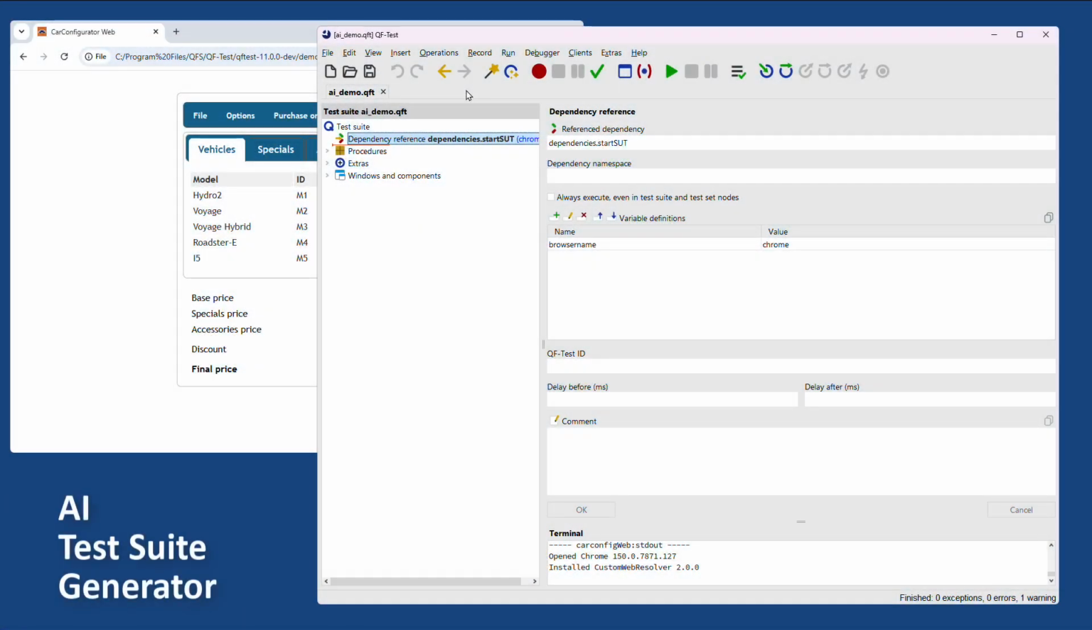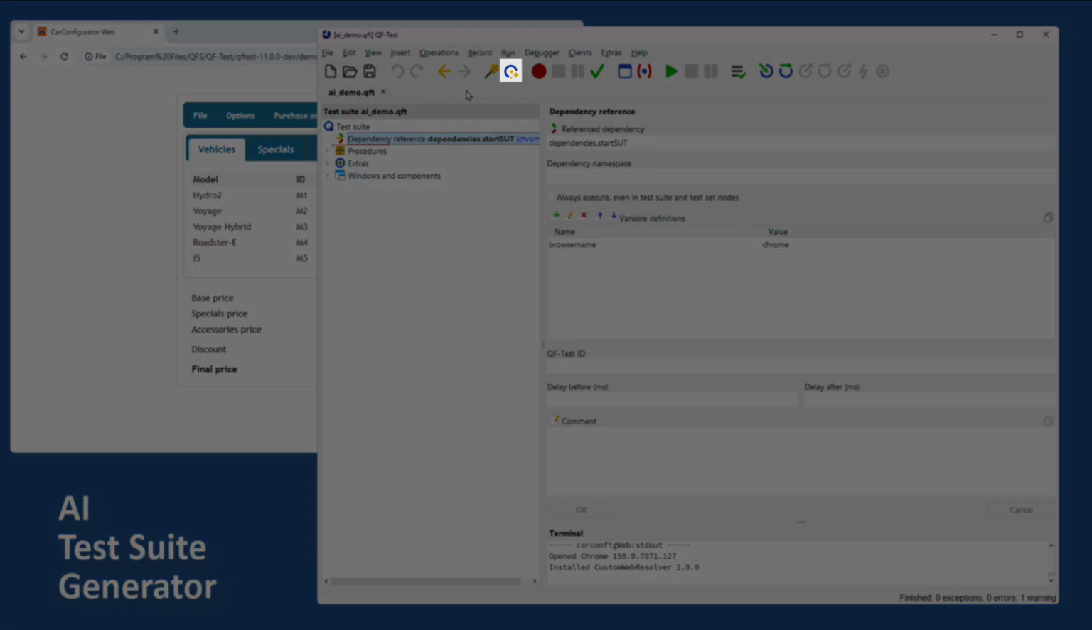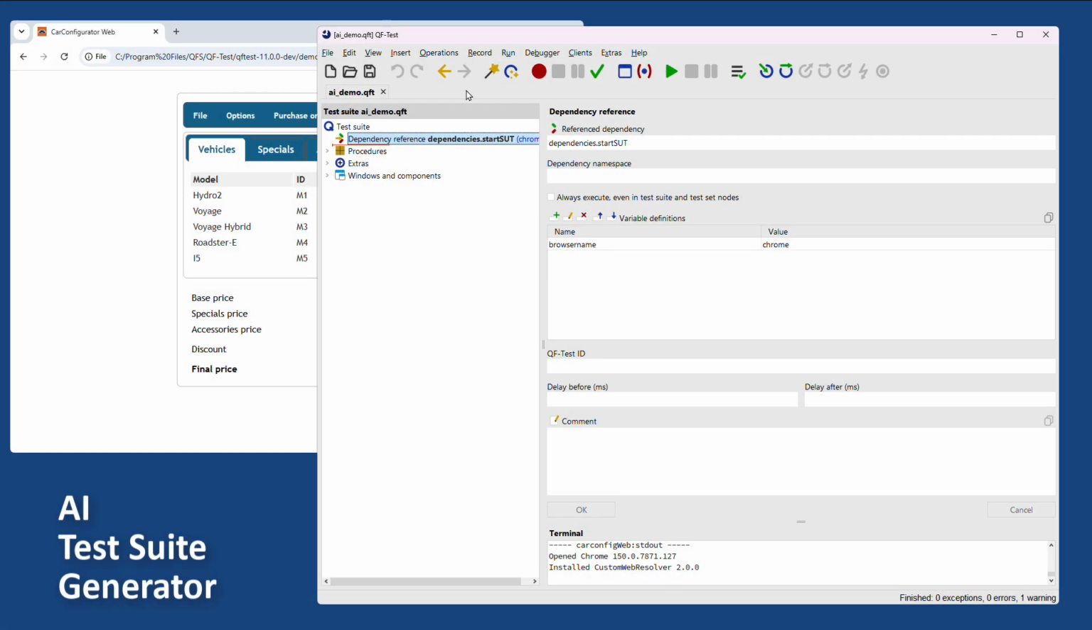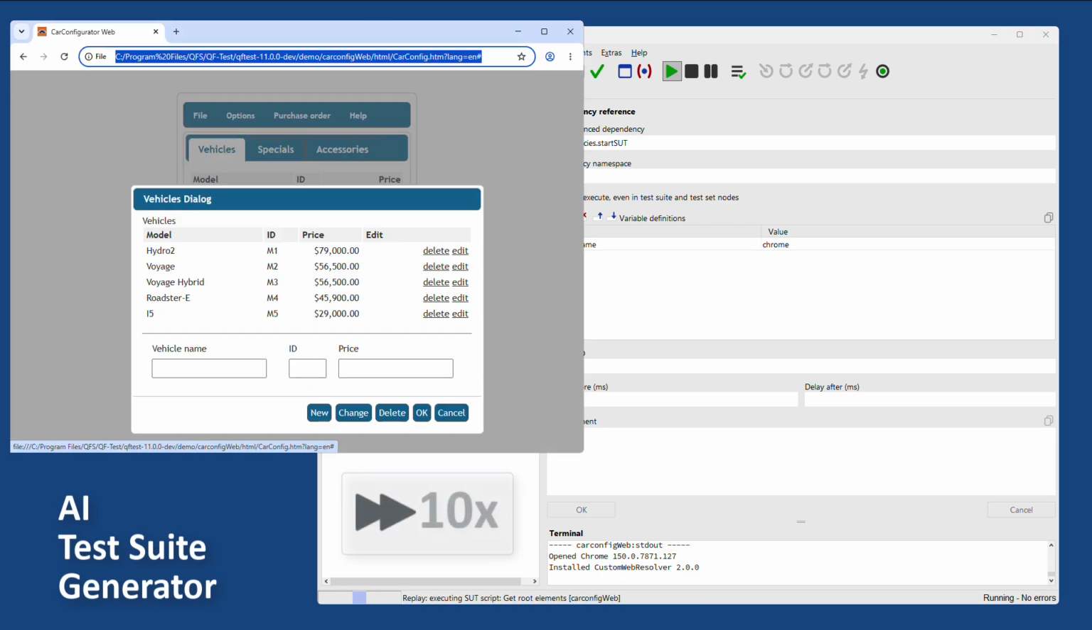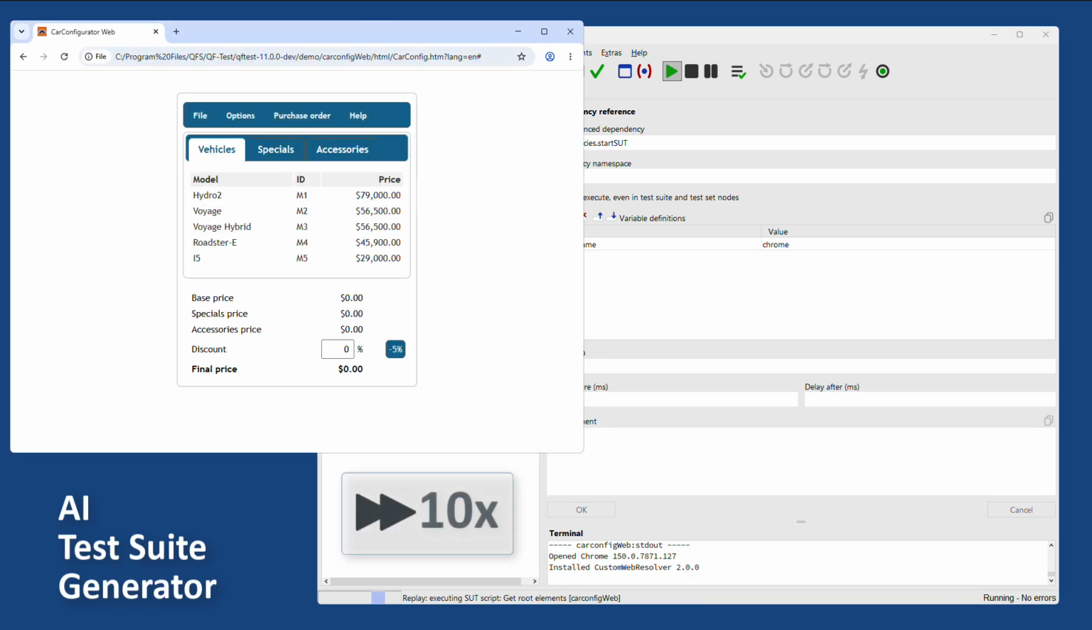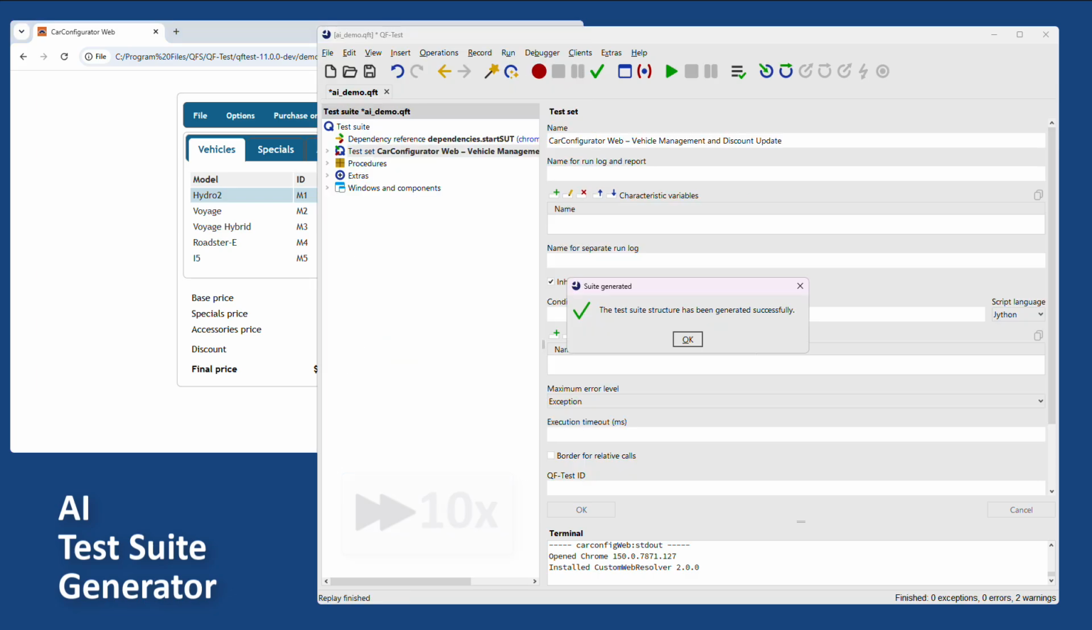When you launch QFTest, a brand new icon greets you in the toolbar, our test suite generation assistant. Simply tell it what you want to test, and QFTest works with an integrated AI agent to turn your plan into a well-structured, functional test suite draft. The QFTest agent can examine your application live and independently identify the most important functions and paths for a thorough test. Within just a few minutes, you receive a detailed test case draft that you can continue working on in